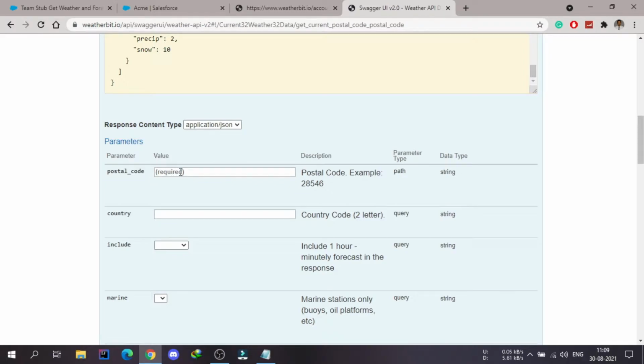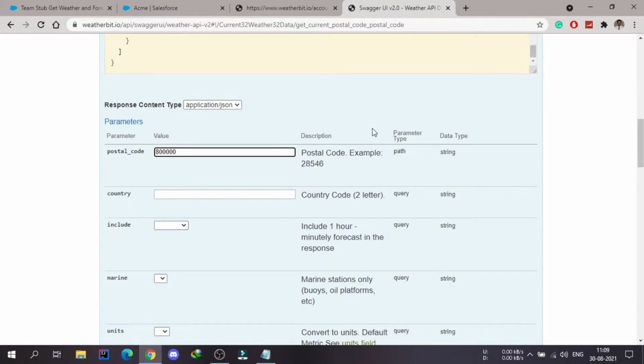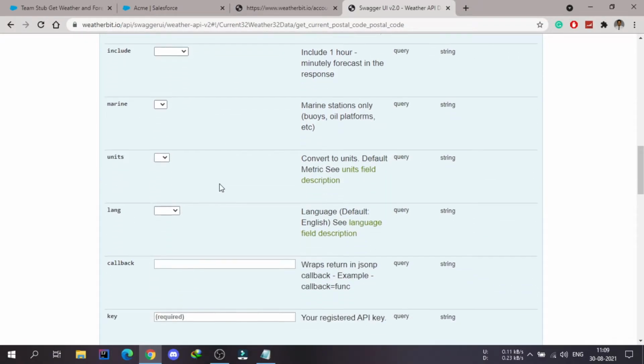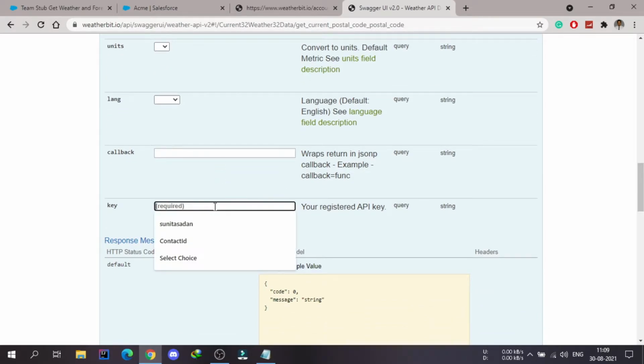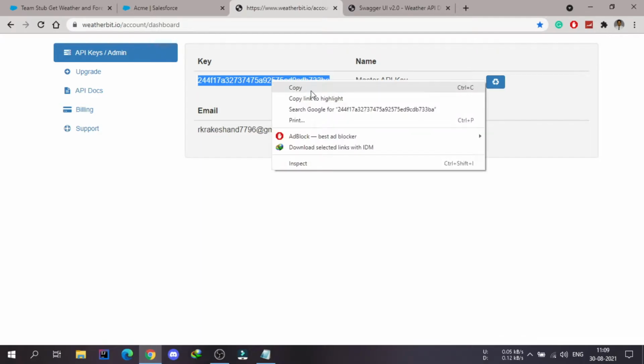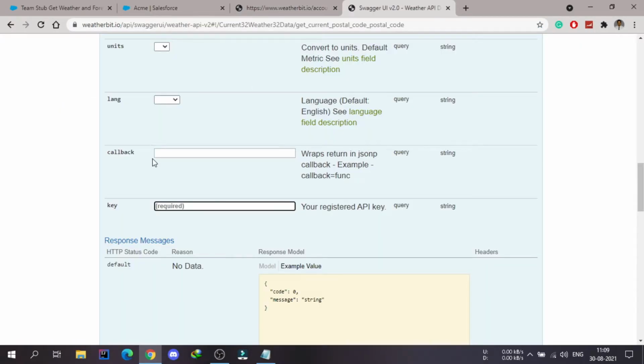I will put a random postal code here, 8 lakh, and these fields are not required, so I will just leave them. It is asking for the key, which is a required field, so I need to copy my key from here and paste it here.